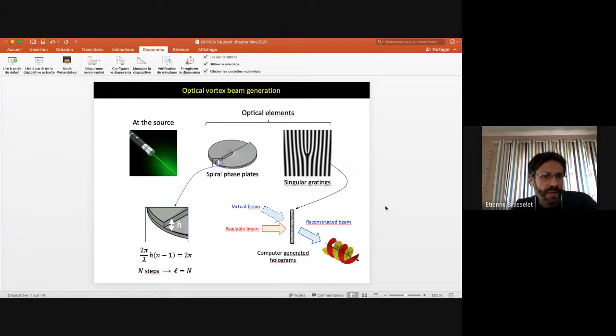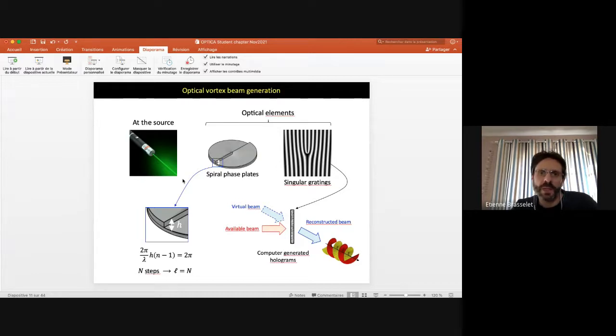This can be done, as written here at the source, simply by shaping the laser cavity itself in order to generate vortex light sources. In that case, you simply have to engineer and design elements that will transform the radiation in order to force the radiation to oscillate inside the given cavity in a higher order Laguerre-Gauss mode, for instance. Vortex lasers are emerging these days, and technologies are improving. But what remains the most